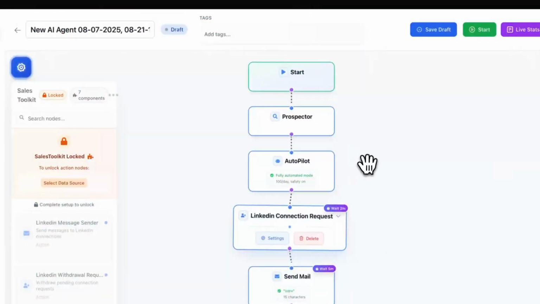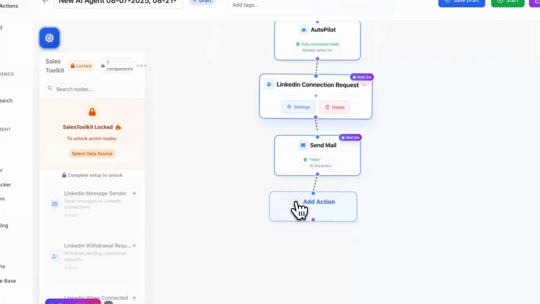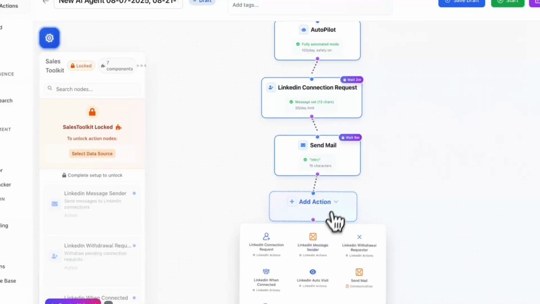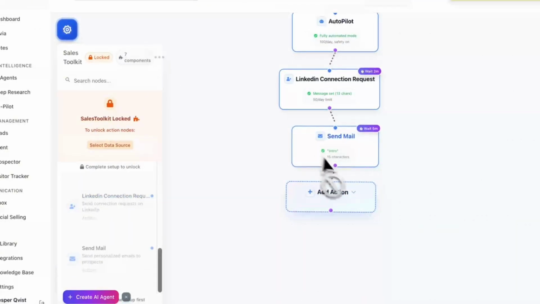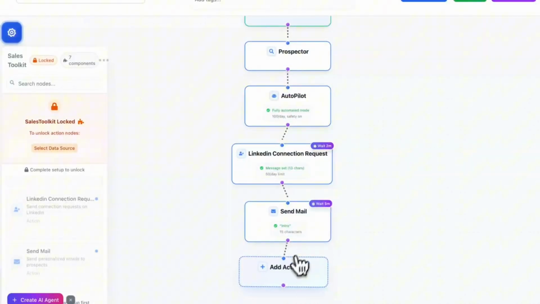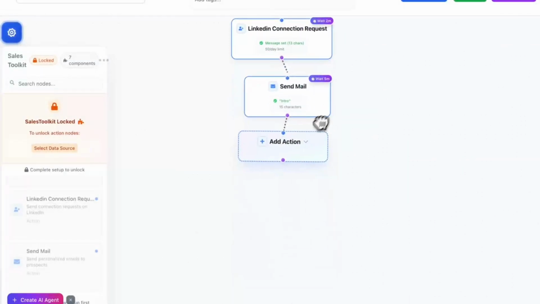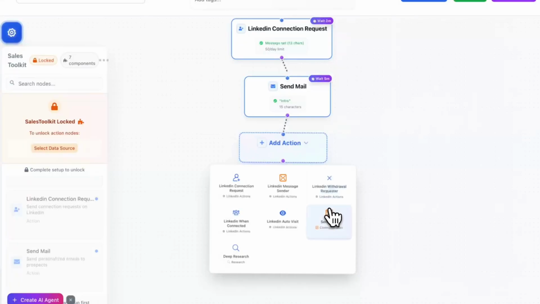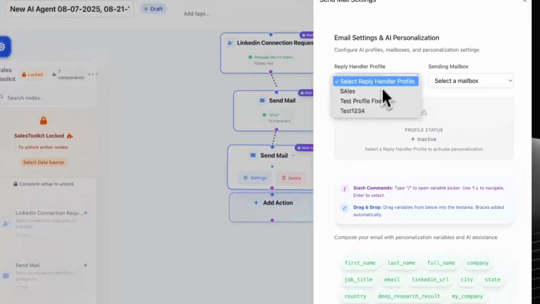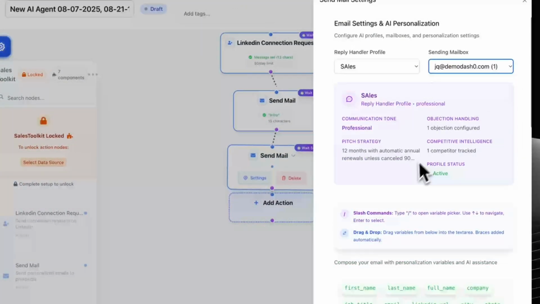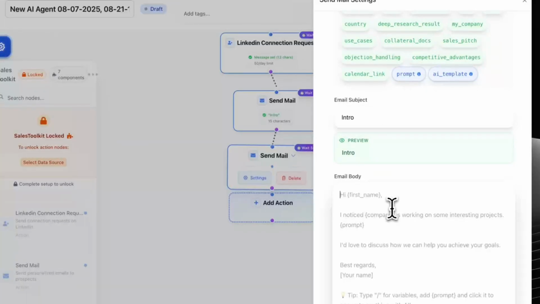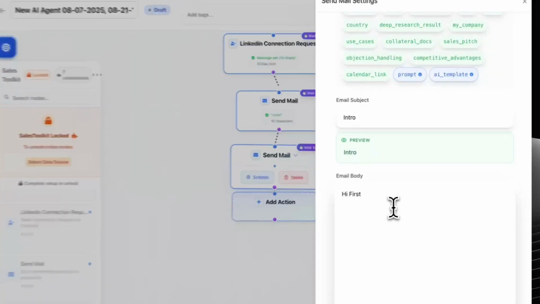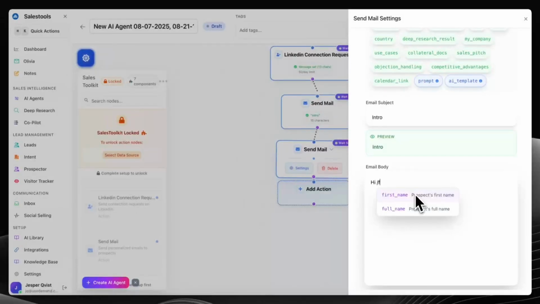And then when it builds it, it will look something like this. If I add deep research in, just as an example, you will notice here, you select the data source in the top, that I can go in and change, for example, my campaign and add more steps. For example, I can send a new LinkedIn, email, check the mailbox, and then I give it a subject, and I'm going to say here, hey, first name, you're going to backslash,